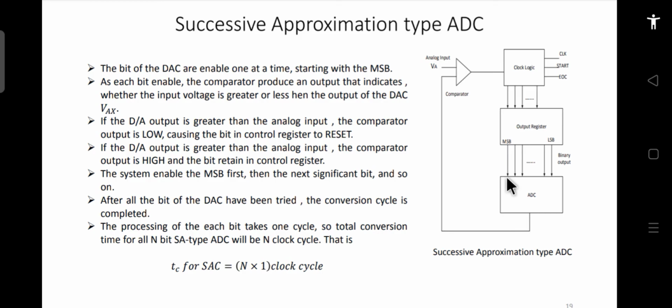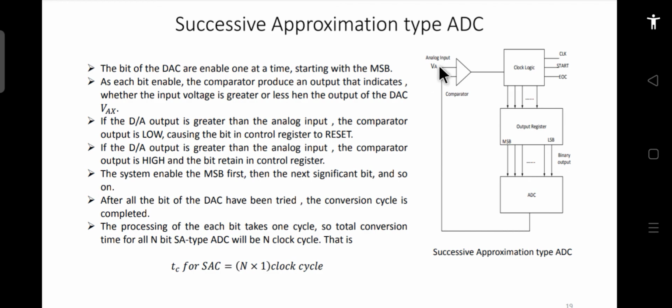So the output for this MSB will be 2.5 volts, because this is E by 2, we know. So if this becomes 1 and the rest of them are 0 0, the output will be 2.5. Then the next bit will come, and it will check for the next bit.